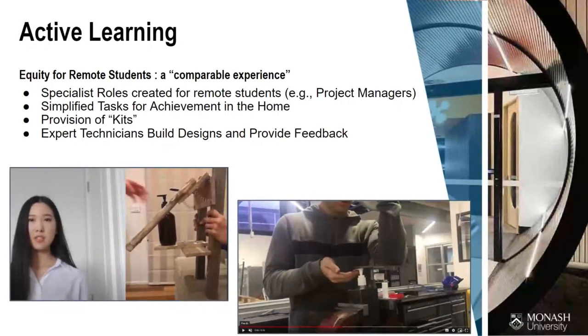So, active learning, again, primarily focused on design. We obviously had a scenario before the pandemic where students would come in and be able to build their own designs in student workshops. Those were obviously shut down. And while we still had the need for those projects to occur, we tackled it in a few different ways. So initially, when everybody was off-site, we developed some workarounds there, and I'm getting ahead of myself a little bit here. But what we've landed on now, where we have a number of students remote and a number of students on campus,